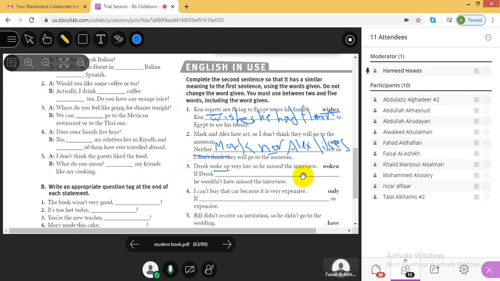So he imagined the opposite situation. If Derek, here we will use if in verb 3. In verb 3, we use after if had plus verb 3, because it's the third form of if. If Derek had woken up